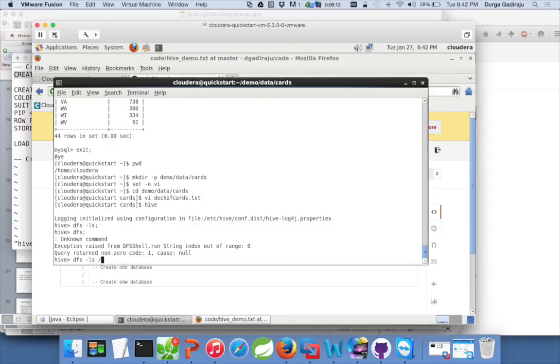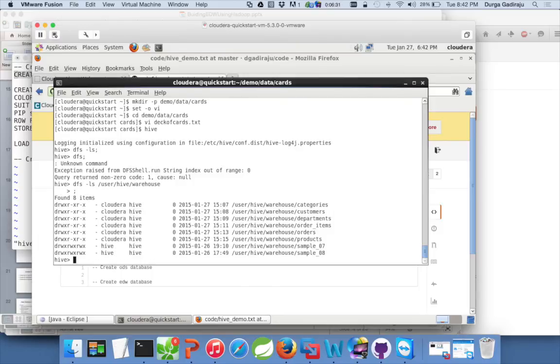So this is the actual command to see the details in HDFS. Don't worry about this directory, just understand that this is an HDFS directory. Don't think too much about it, it's just an HDFS directory. Okay, I just hit enter. There are a bunch of directories here. Now I am creating a database